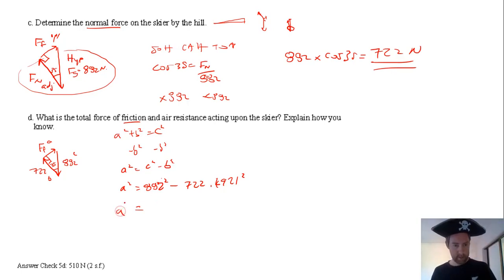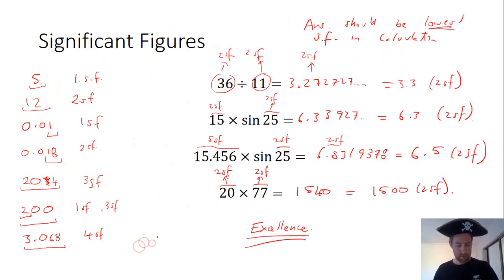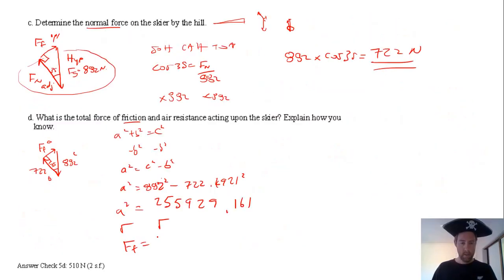My calculator says 255,929.161. That's not the answer. It's squared. So this a squared is a force of friction squared. So square root both sides. So my force of friction equals square root answer. Oh, what happened there? 505.894